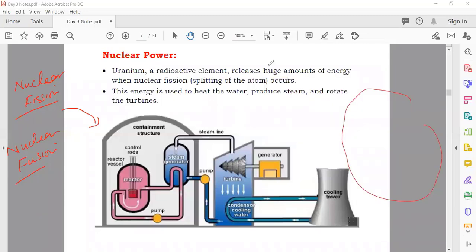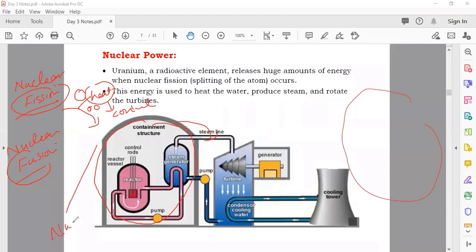Yes, sir. Okay. So I was telling you about the difference between nuclear fission and nuclear fusion. In nuclear fission, a big nucleus will break down into two smaller nuclei, and during this process a lot of energy is released in the form of heat. That heat can be used for different purposes. If you can control that heat, it is used in a nuclear power station to produce electricity. And if you cannot control that heat, it is uncontrollable, so then it is used in a nuclear bomb as a weapon,